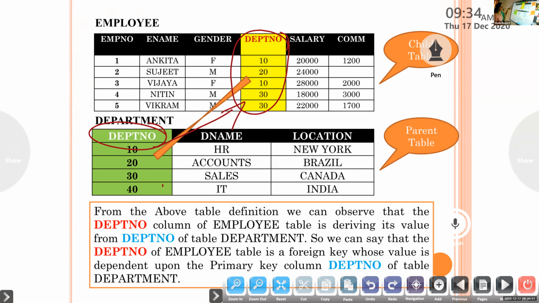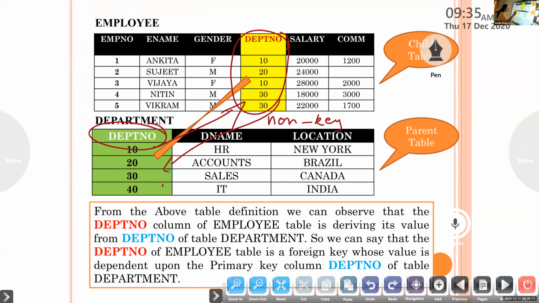That is why in the definition it is given that it is a non-key attribute whose values are derived from the primary key of some other table. Then it is called a foreign key.